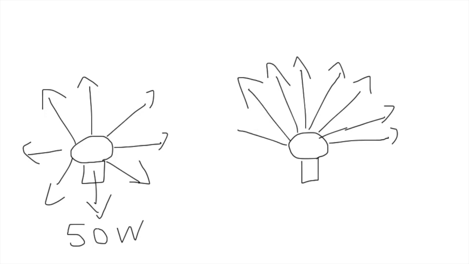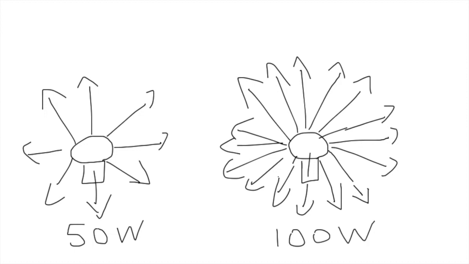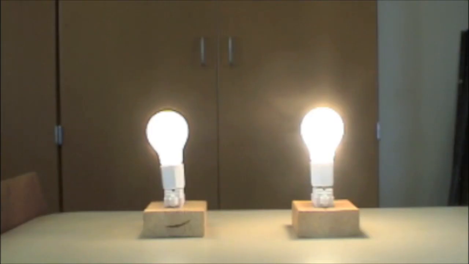In my drawing, if I happen to draw 8 lines coming out of the 50-watt bulb, then I should draw 16 lines coming out of the 100-watt bulb. The actual number of lines I draw is arbitrary, but the ratio of the number of lines should align with the wattage ratio. As we saw, the 100-watt bulb looks brighter when they are sitting next to each other, but